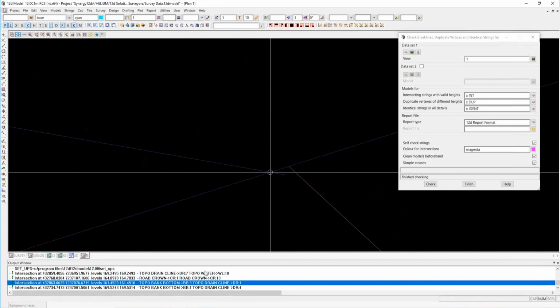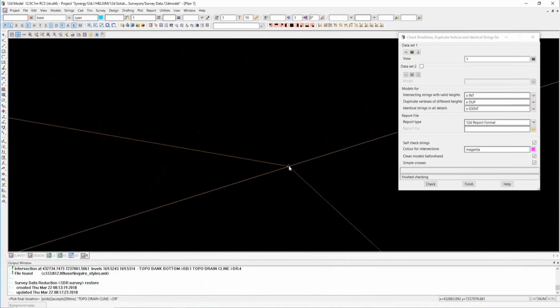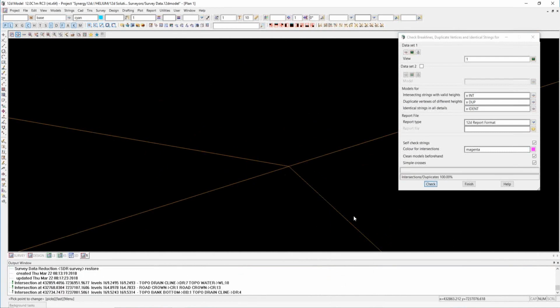Okay, so you can see this point just needs to be moved onto there. So if I just click onto another one here, what I'll do is move this point onto there. Okay, so here's kind of the problem here. If I hit check,